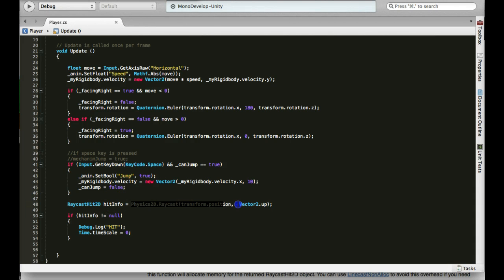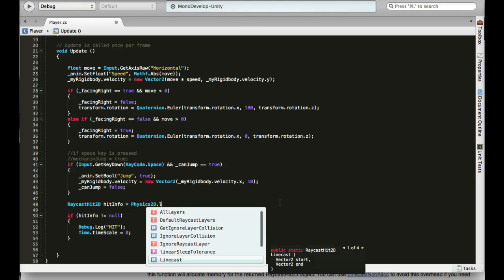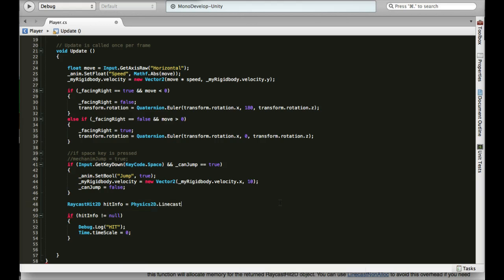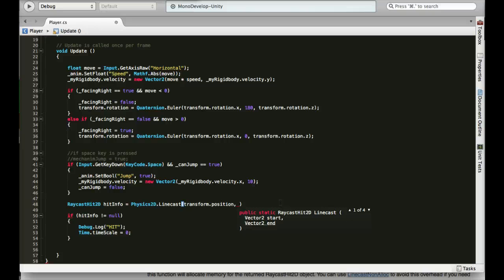So hit info equals Physics2D.Linecast, and you'll see here it says Vector2 start and Vector2 end. So it's looking for positions. So let's say my transform.position, and then I need to pass through a Vector2 end. Well, I don't really know where the end is, but what I can do is say my start,